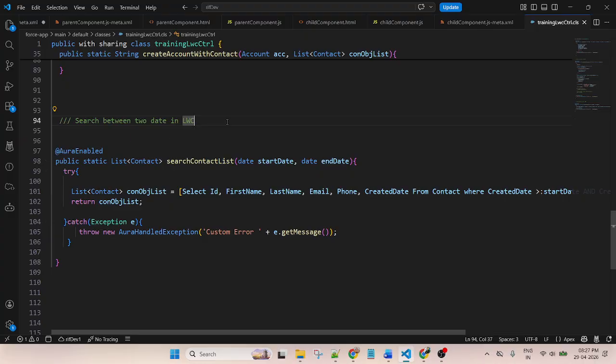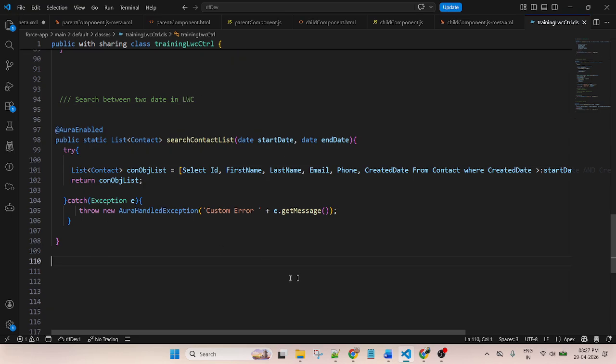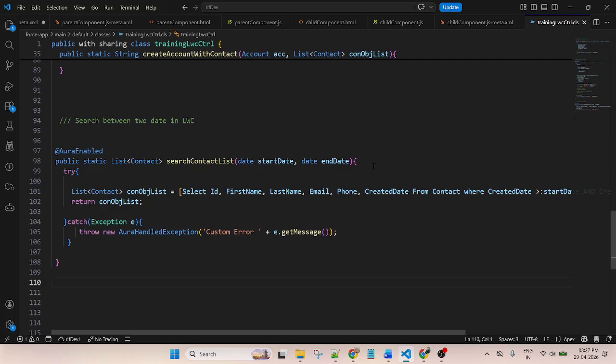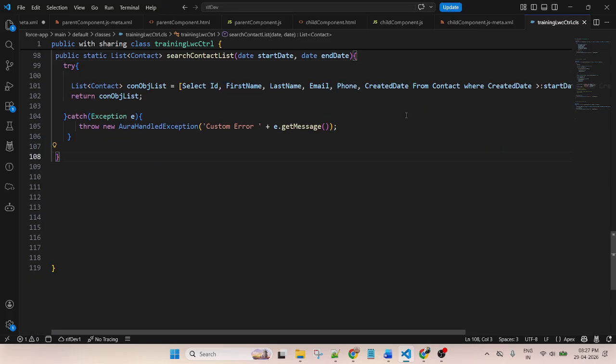In the previous session, we already covered how to search between two date input fields in LWC. So here I will create another method below this method, for LMS. I commented it to remember. So this method is used for the LMS.